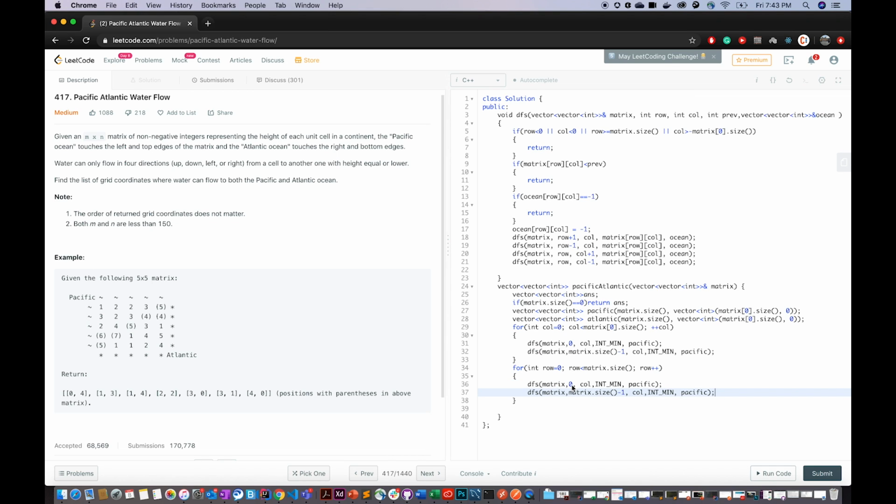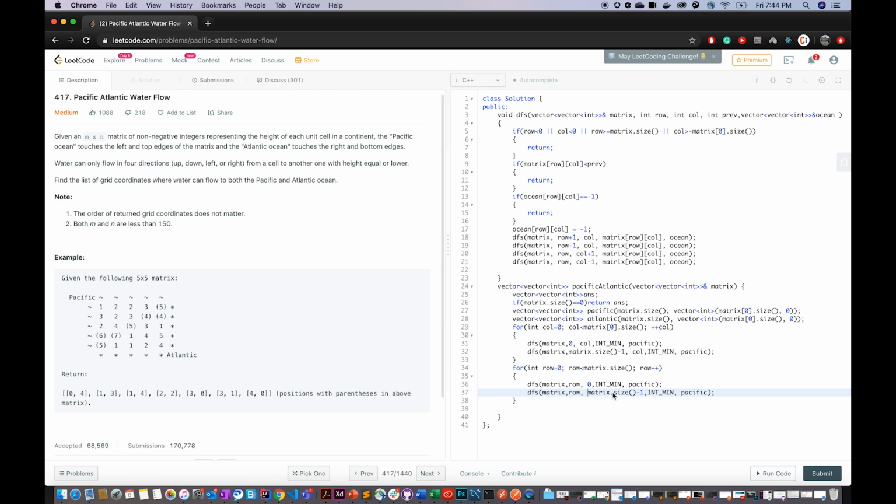This time the static one is going to be row, and this has to go as 0 because this is the first column, the 0th column, and for each row. Similarly here, I'm not going to send column this time. I'm going to send matrix dot size -1 and row.